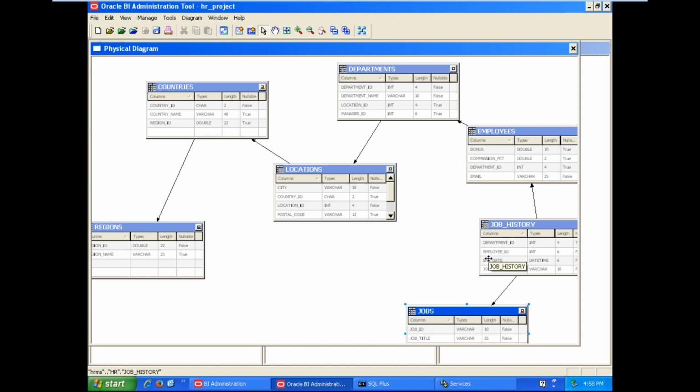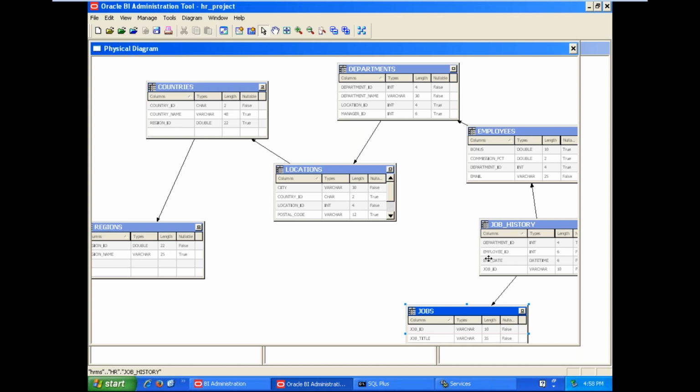This is purely normalization. Relational data is maintained in multiple tables in a hierarchical manner. That's why it is a purely normalized data source. That means it is an operational data source, an OLTP data source. We can call it an OLTP data source. The HR data source is an OLTP data source.